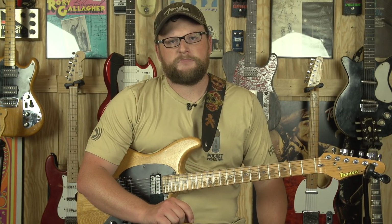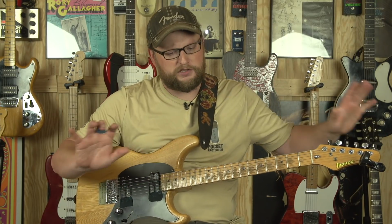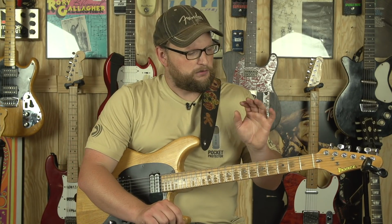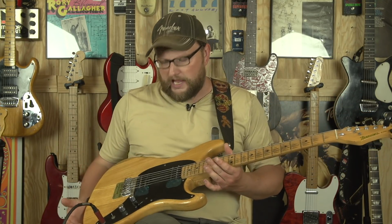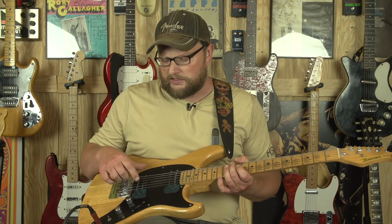to find. The early BL200s, especially with the small headstock, and I'm just dropping a little knowledge bomb on you here. I'm telling you to pay attention when you're out at pawn shops or things like that. Look for that small headstock on a Blazer, and look for that black pick guard, and look for that ash body. They did a version of this guitar with 2 humbuckers, and then they did a version of this guitar